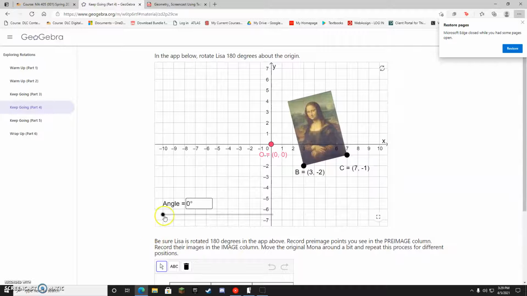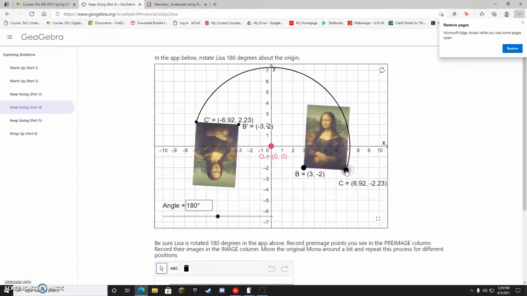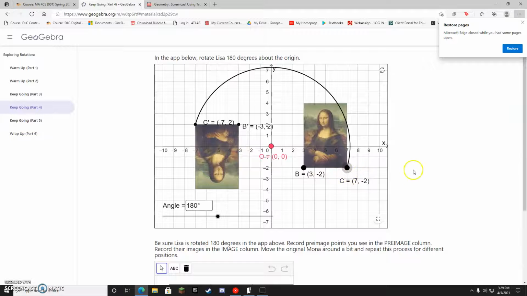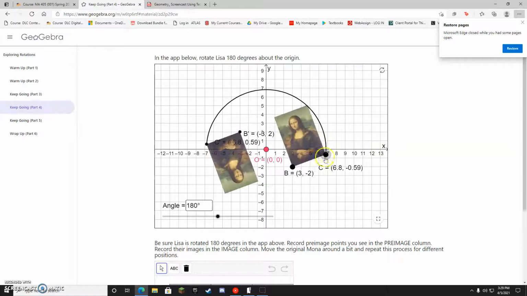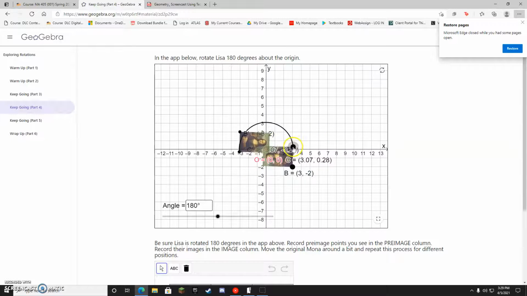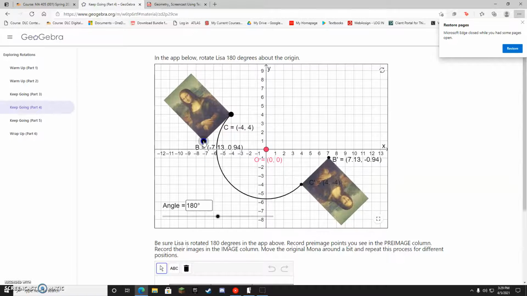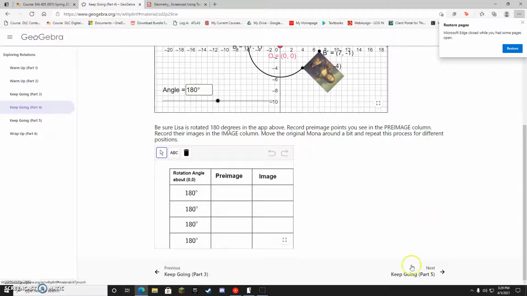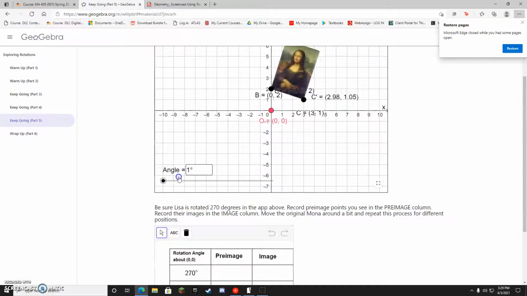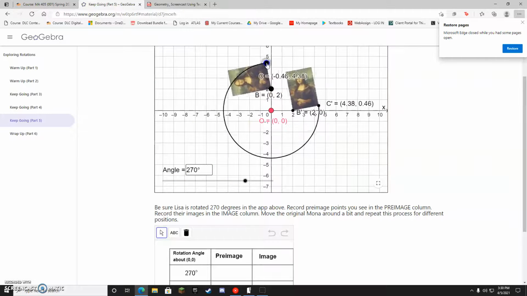So in this one you have to rotate it 180 degrees and do the same thing. So same type of rules apply. Go ahead and just move the pre-image to whole numbers, and then record the image coordinates for a couple points. So you could do this one, and then this one, and then that one, and then that one, and you could even move them around to the other sides, things like that, as long as the angle's 180. Same thing here. So 270, move it around however you want,